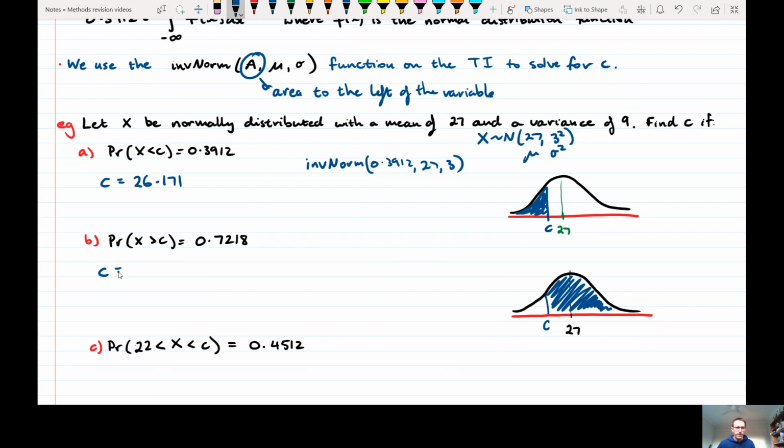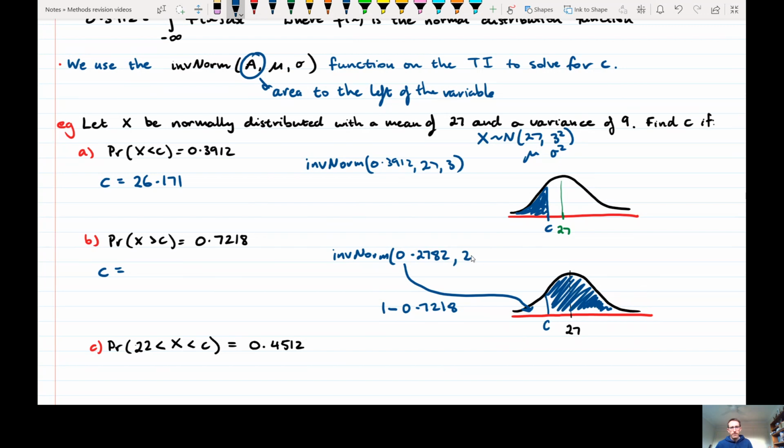So now I'm going to find the value of C. Again, my input is going to be the inverse normal. Now I want the area left. I need this area in here, so I should do it from there. That area comes in there. And that's going to be 1 minus 0.7218 because it's complementary. It's either bigger or not. That's going to go in there. And that gives me